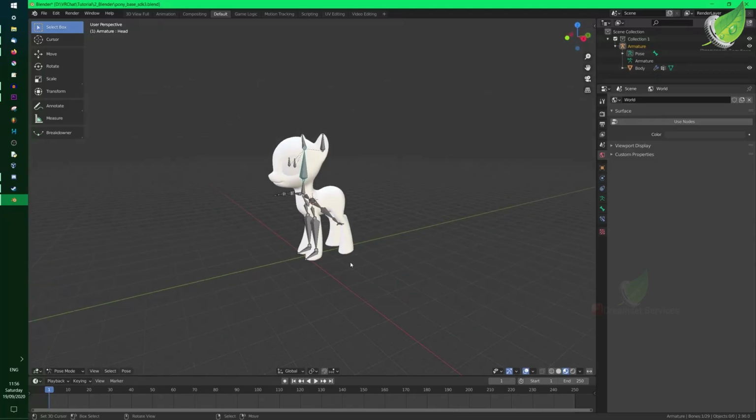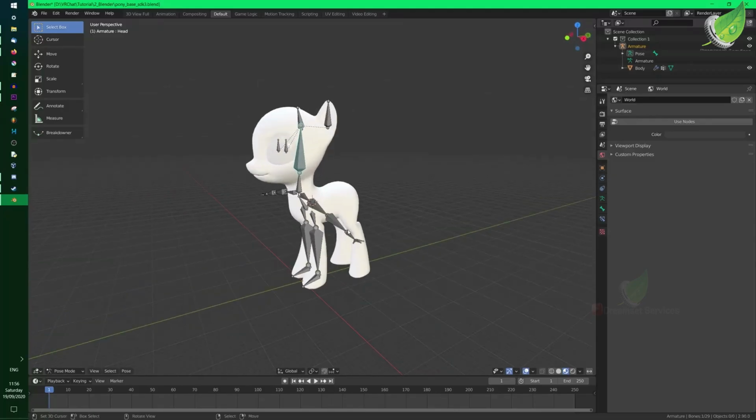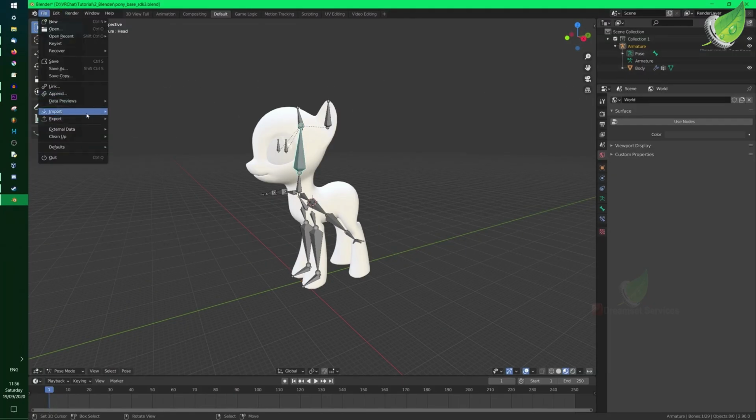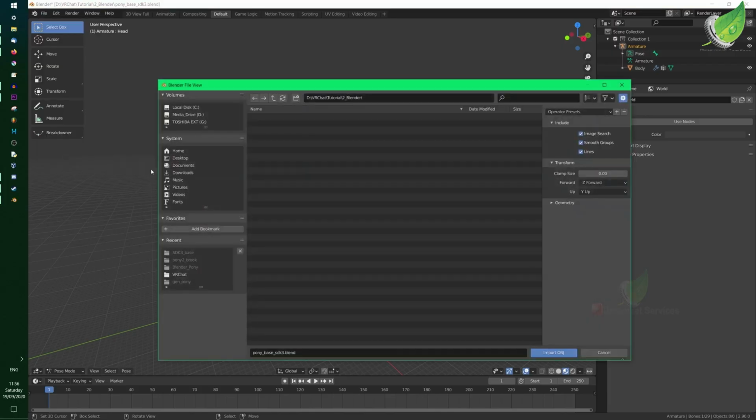What we need to do is import our pony that we've just created. So go to File, Import, and then you want to select Wavefront OBJ for object, and then you want to go up out of 2 into your pony folder, step 1, pony,